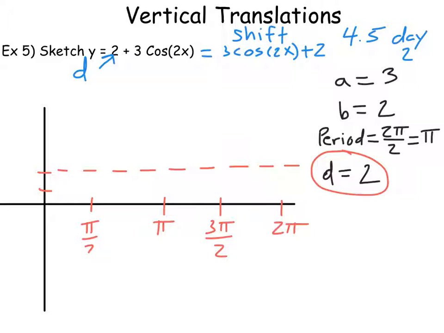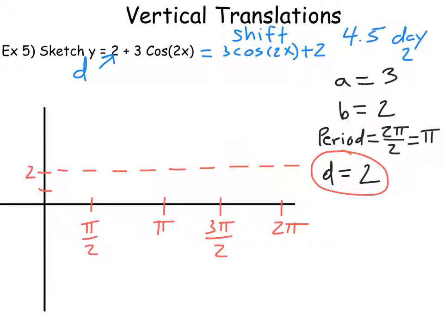Okay. Now let's get to our amplitude. Okay, from the examples you've seen so far, if I say the amplitude is 3, you probably think, okay, the graph is going up to 3 and down to -3. And that has been true if we don't have a vertical shift. And now we do. Okay, so what you want to do is